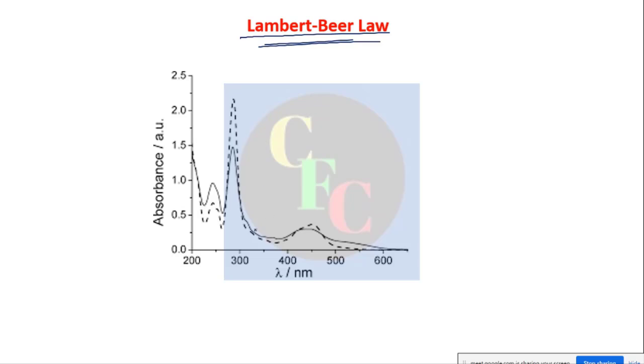See, here two spectra are shown of two different complexes, one in a solid line, one in a dashed line. See, there are different types of peaks. Here is one maxima, there is one lambda max, this is another lambda max, because they correspond to transitions to different energy levels. Okay, so this is another lambda max, this is another lambda max.